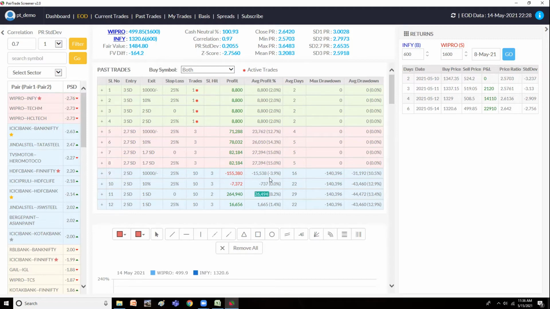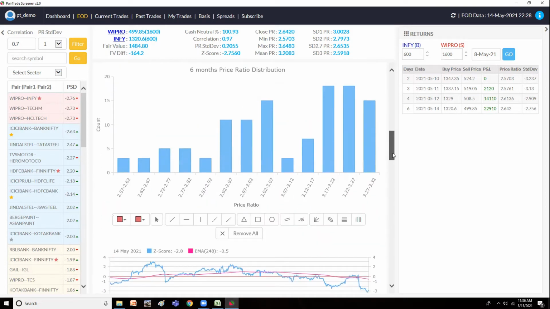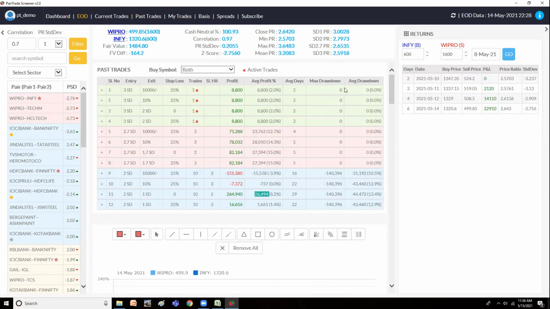So this table gives us information on at what level the pair is good, and also what could be the exit strategy, whether it's good to exit at 10,000 or it's good to wait for some higher targets. You can easily see that by looking at this table. So this end of the day EOD section will tell us how the pair has moved over a period of time. If we go to the dashboard,